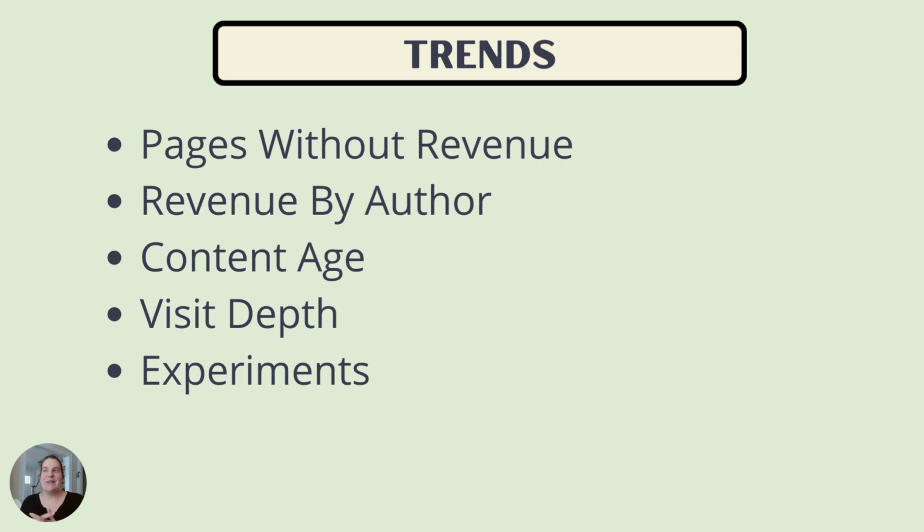Content age, I thought, was really interesting for Project 24 people because we do a challenge twice a year called the Content Warrior Challenge, where you try to publish a large amount of content within 30 days. So with a report like Content Age on Ezoic, you could look at the revenue from content that you pushed out during a Content Warrior Challenge. You can look at your content that you published during a certain time